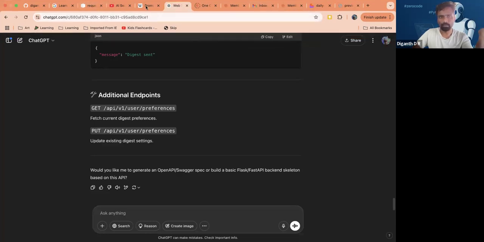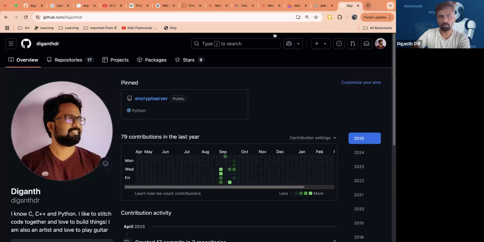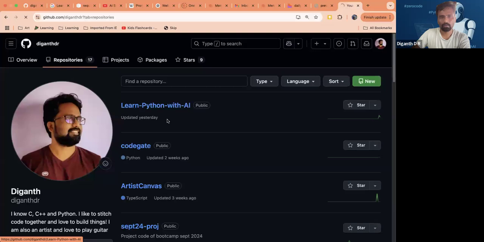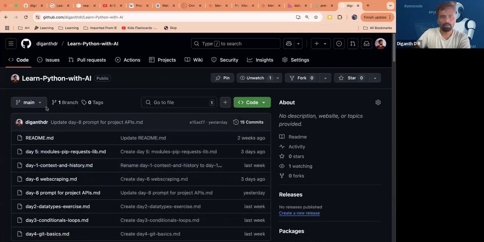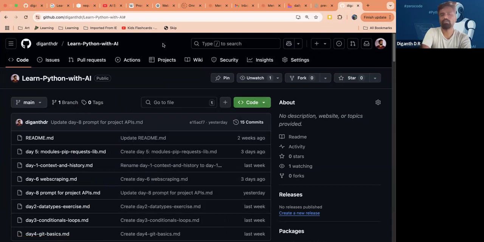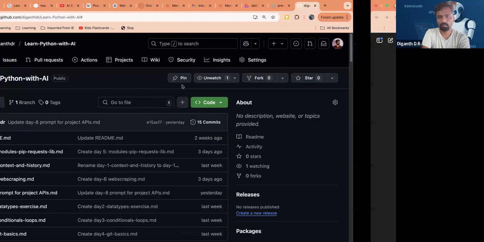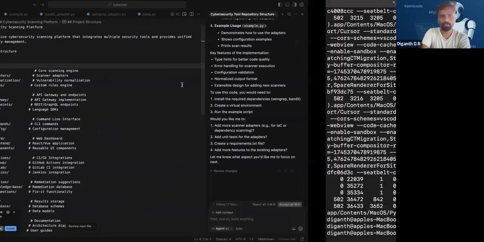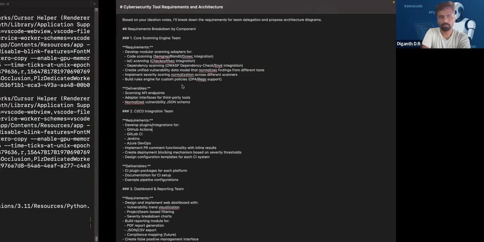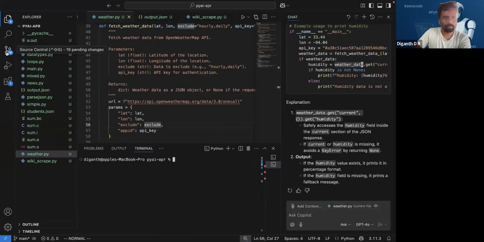So go to GitHub, my repository, which I have already been sharing so far. You can go here and click on clone. You can go to either the terminal, or this can be even done in your IDE. Any IDE that you have generally has this feature. So if you just click on this,